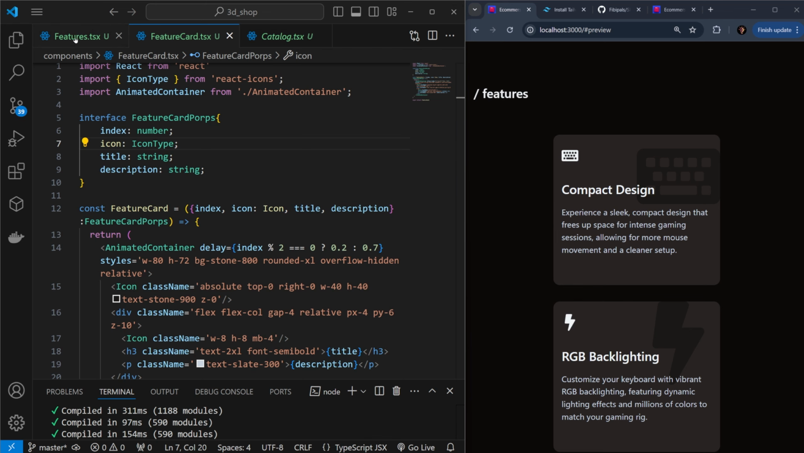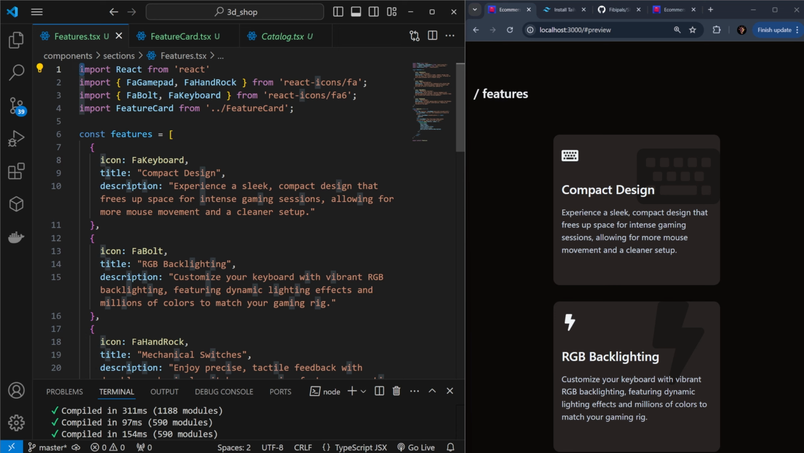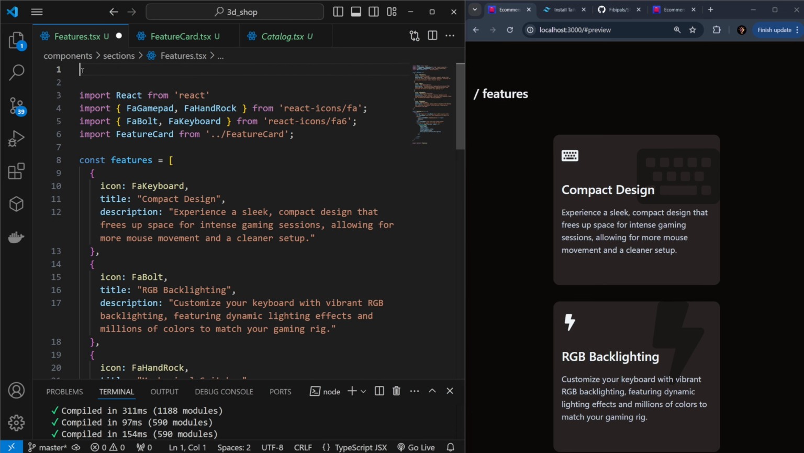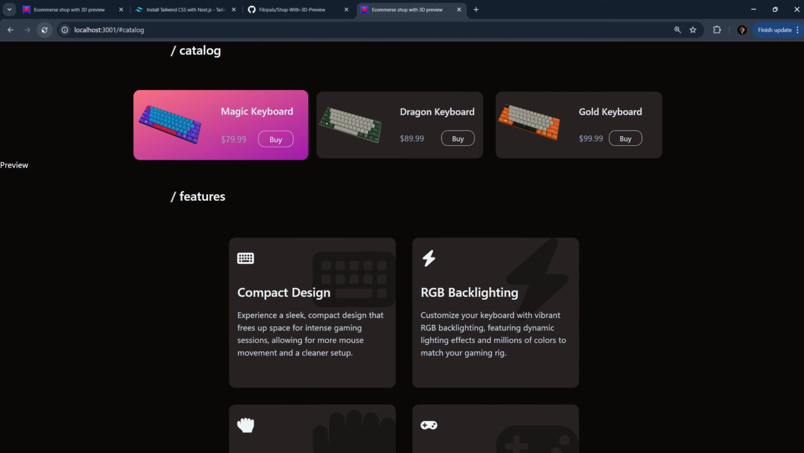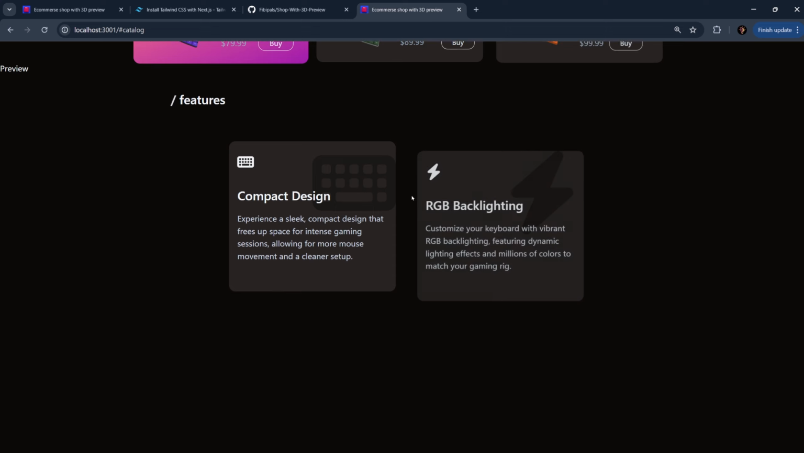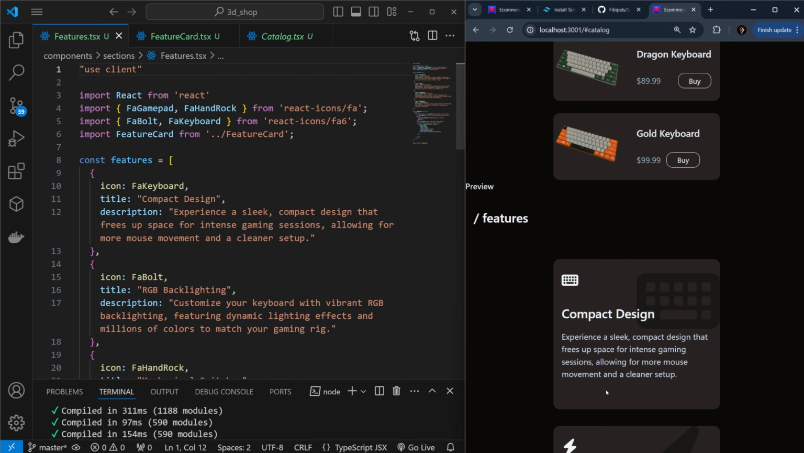Also, we need to go to our features.tsx and add a use client at the top, because inside this component we will be rendering framer motion components, so it should be a use client one. Do like this, then save, and let's see what we got here. Let me refresh. And as you can see, we successfully created our features section, and now we can continue with